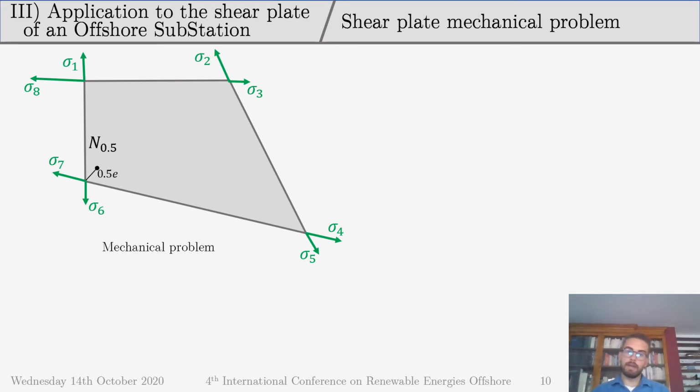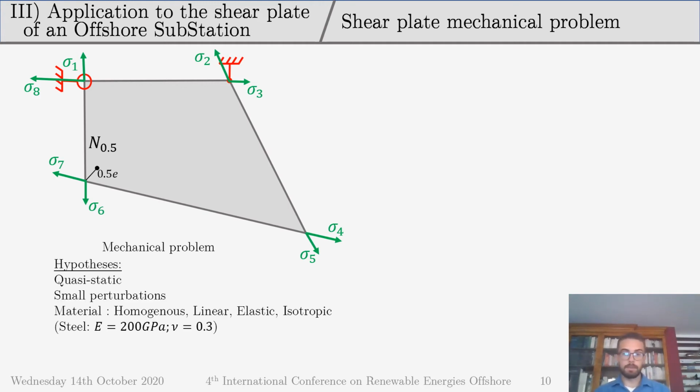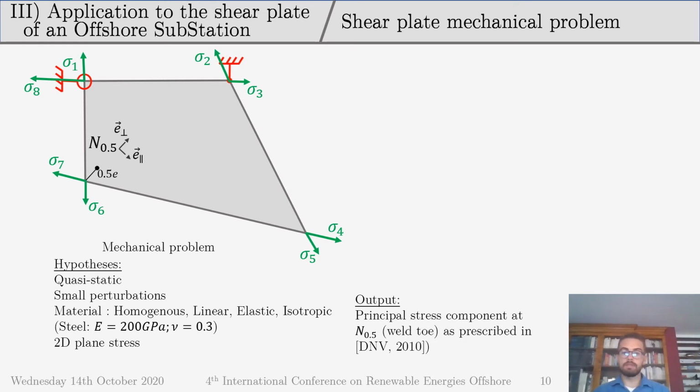So basically, we ended up having 4 components in 4 tubulars, so 8 components of stress at nodes bounding the shear plate. We use them as boundary conditions to a local problem of the shear plate. To do so, we interpolated them on each edge, and we removed any body motion using a punctual link and a pivoting link. The hypothesis was the same one as for the global approach, to which we added 2D plane stress. The output was the principal stress component at the weld toe,